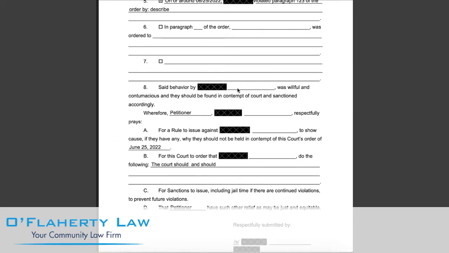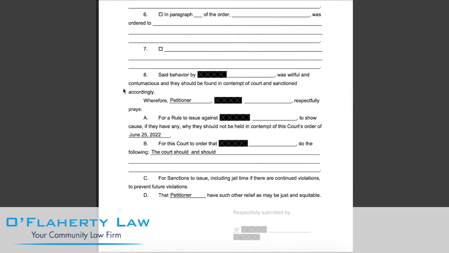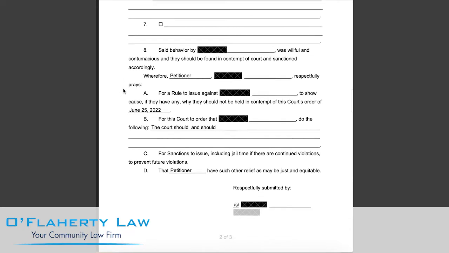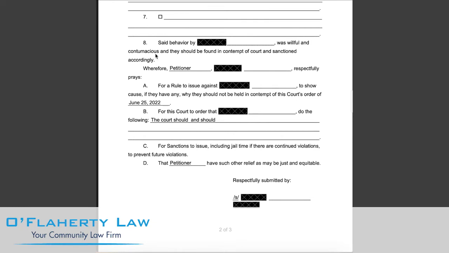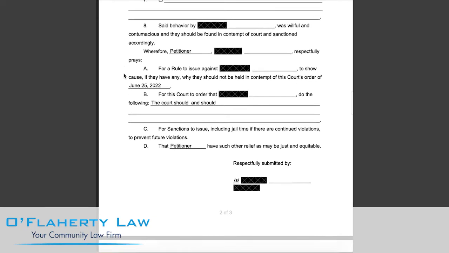8, you will put the respondent's name again here, saying that their violation was willful and they should be found in contempt of court. And then under that here, you will put the petitioner's name. Petitioners respectfully asking the court to,